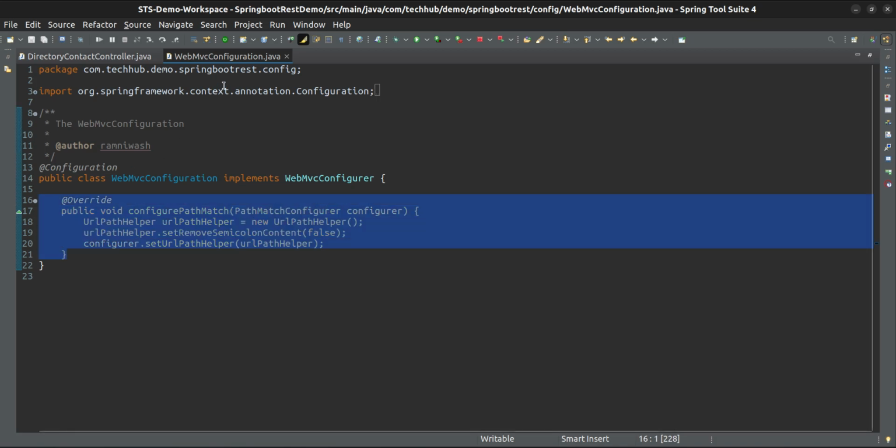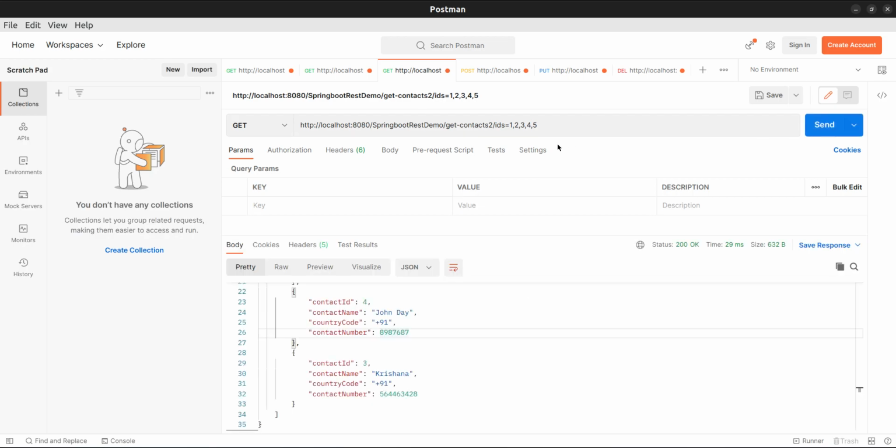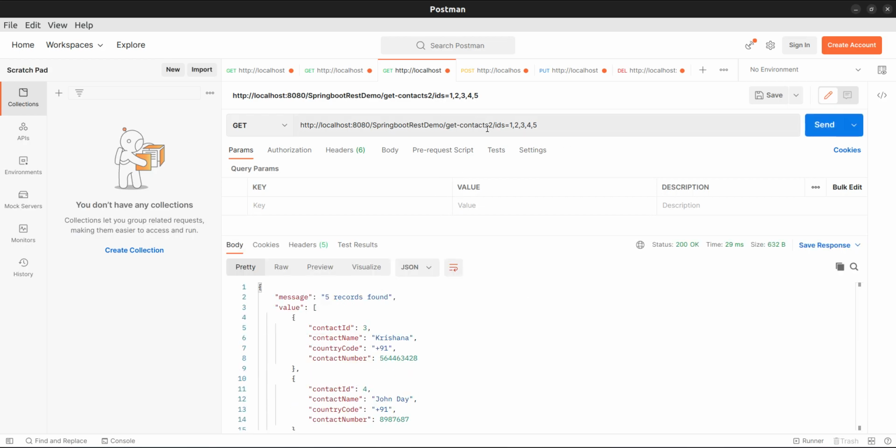That's it. This configuration you have to do. Once this configuration is done, you can send your IDs, your path parameters, inside the request.